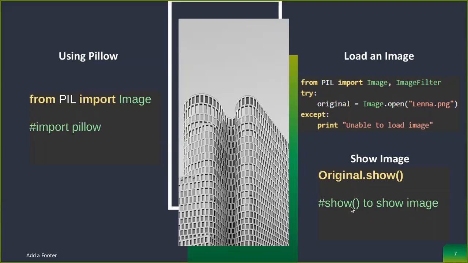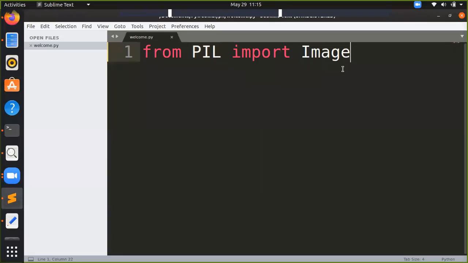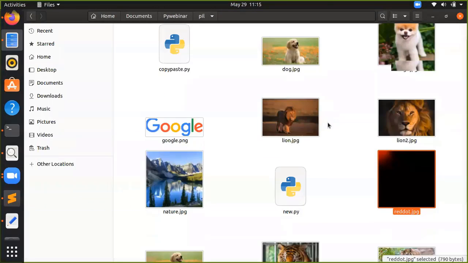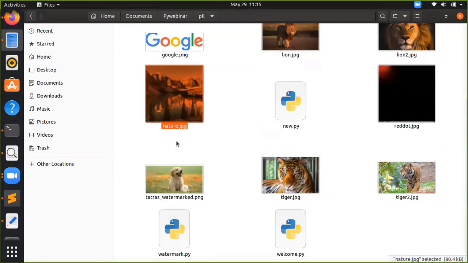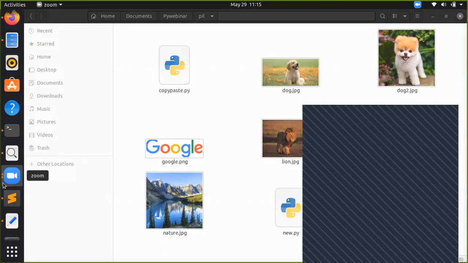To show it, we just run the show command. Let's see how many images we have. I have already downloaded some images: dogs, lions, nature. You can also try your own images, whatever you have.